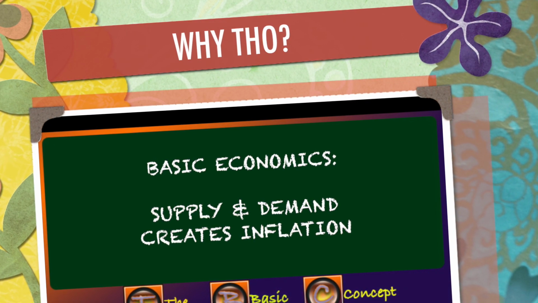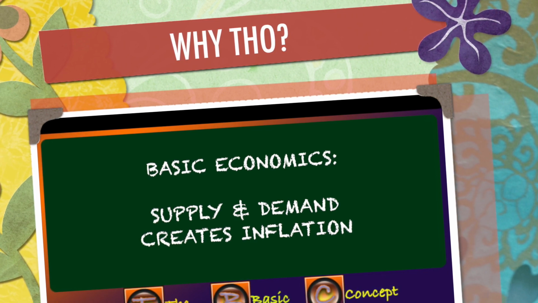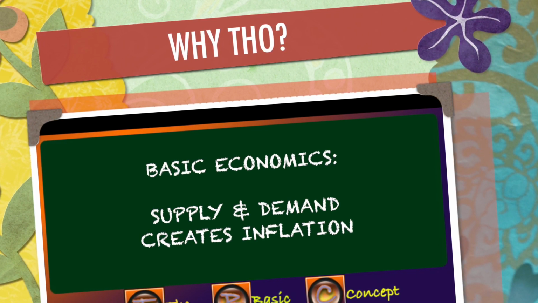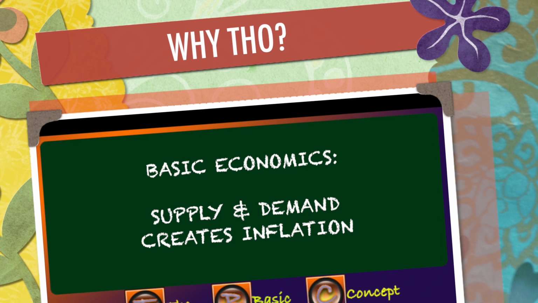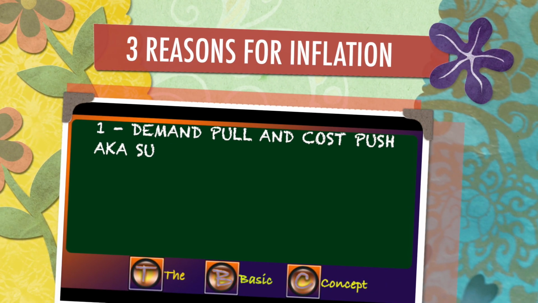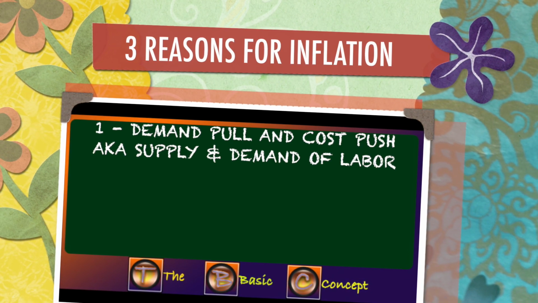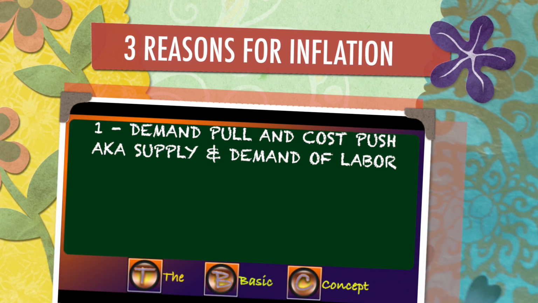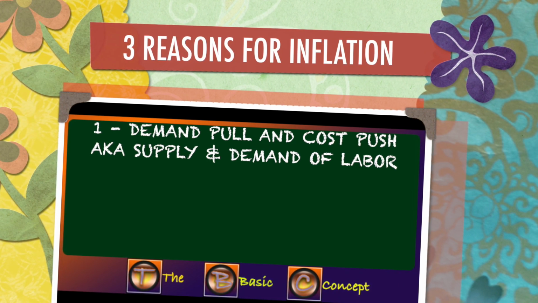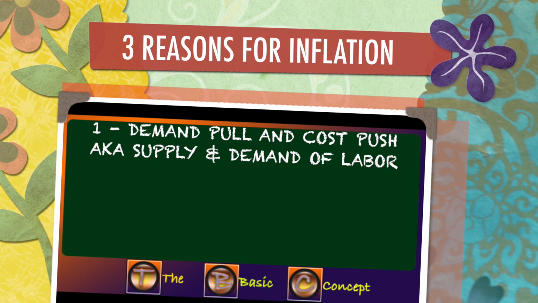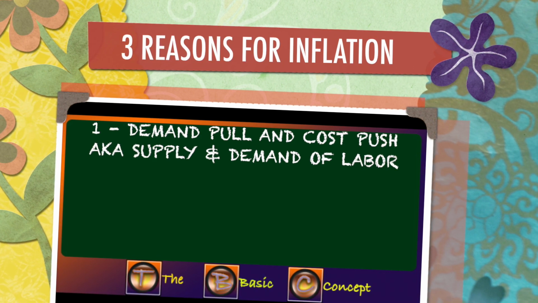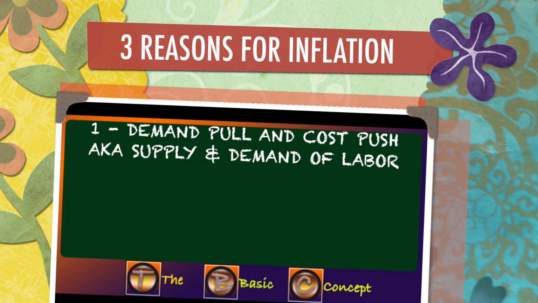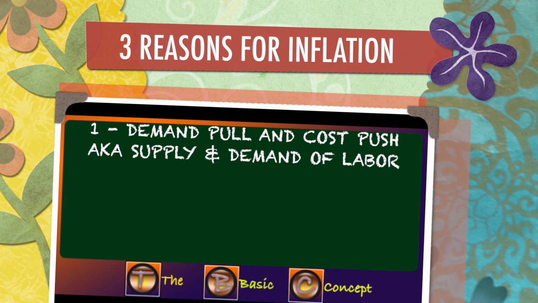Let me share the three main reasons how supply and demand creates inflation, and also why it creates a need for it. So the first up is going to be demand pull and cost push inflation. And no, I didn't just make these up. These are actual economics terms. What they state is that when the demand grows faster than the supply, inflation must happen.